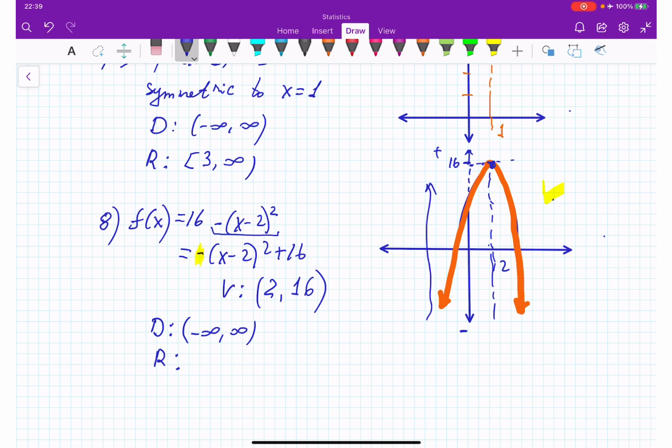From negative to positive. Therefore, for this graph, the range will grow from negative infinity and it will stop at the value 16. Plus this point 16 is included because it's right on the graph. Therefore, we put a square bracket. Okay? Question number